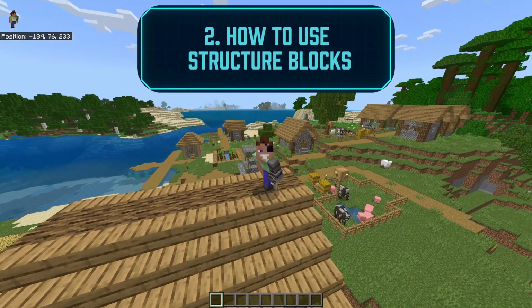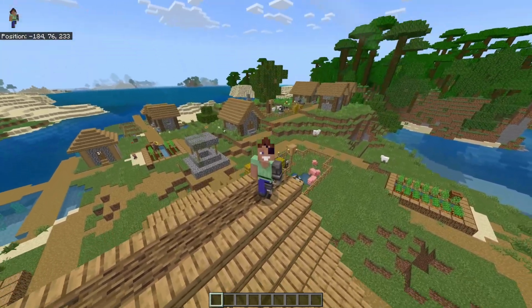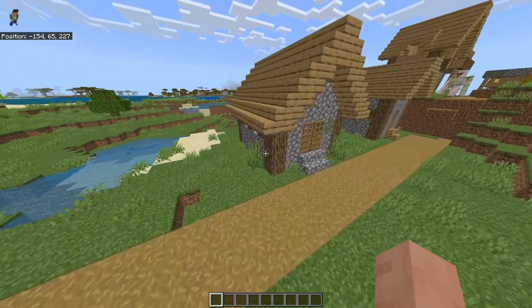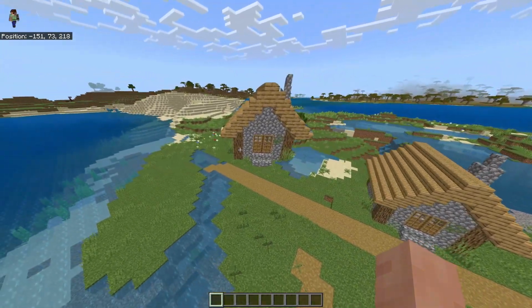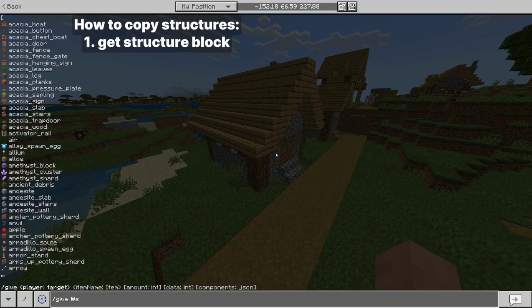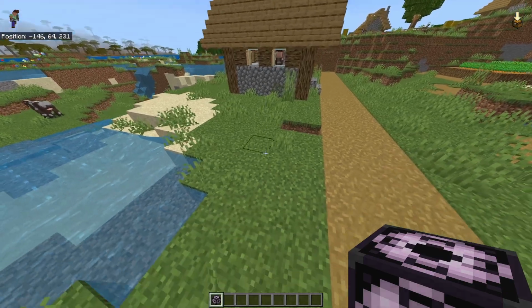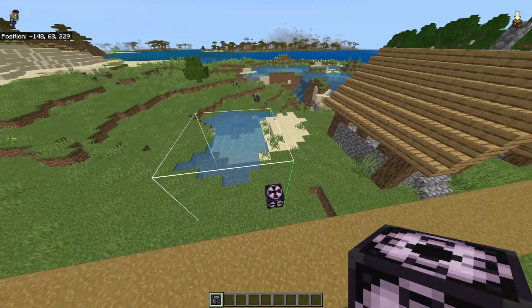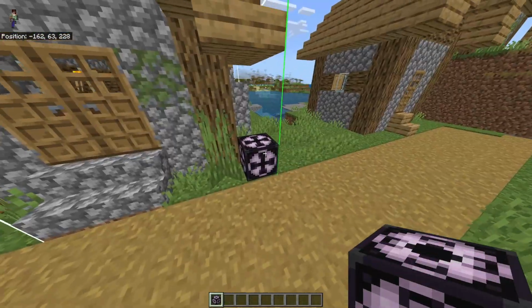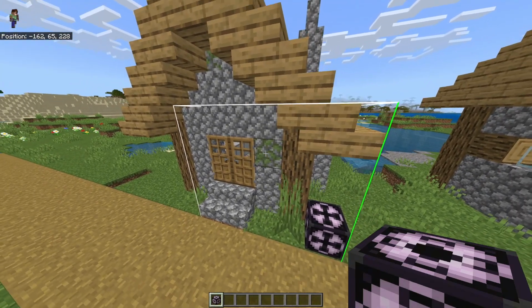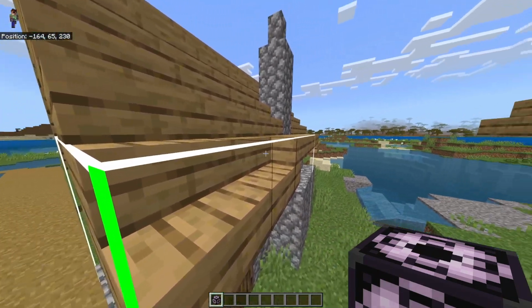Before making more complex animations, let's first quickly see how to use the structure block. Let's try to copy this house right there. First, we give ourselves the structure block. Then, if you place it down, you can see which direction it faces. So place it to the side of the house or any structure and make sure the bounding box faces this